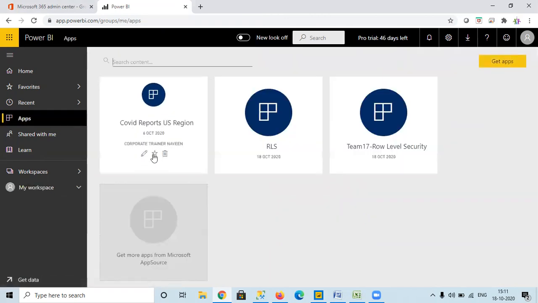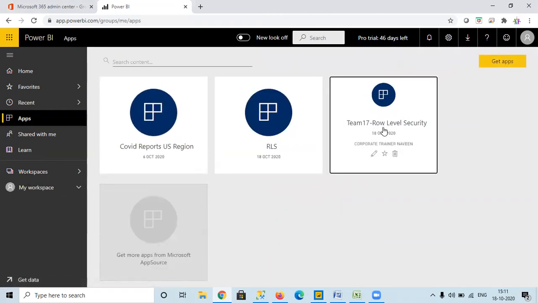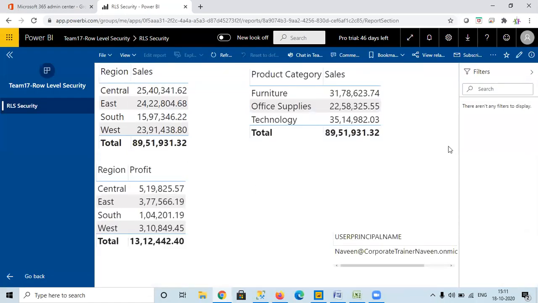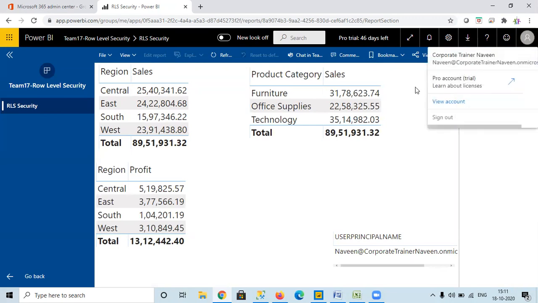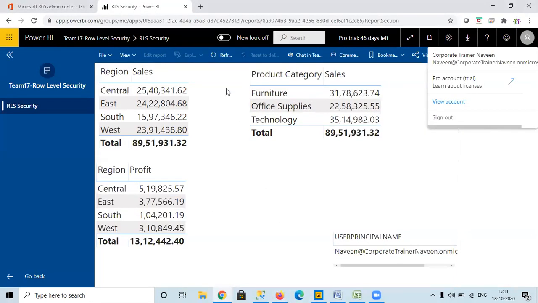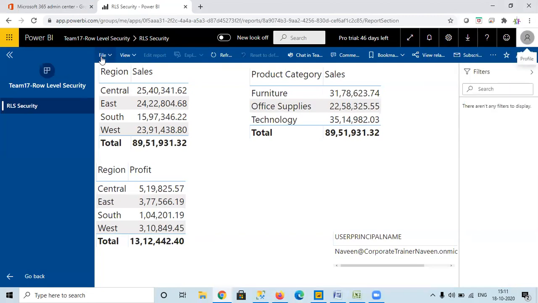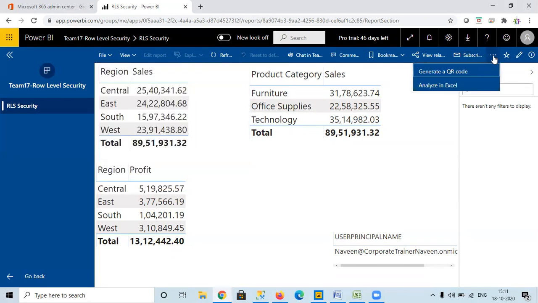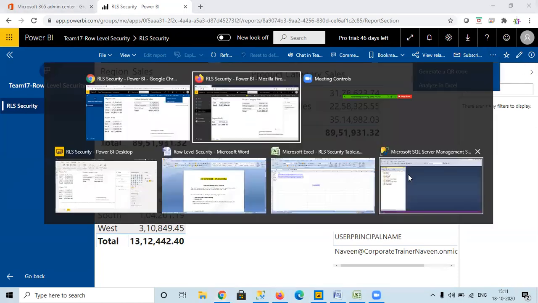Now you can see this is the one in the app space also, right? We can see complete data because I'm the owner. But when I go here, to File, I can enable access for this person. Share, I can share that report.